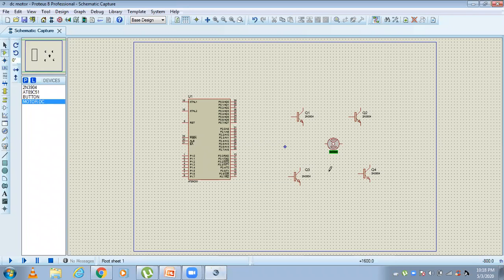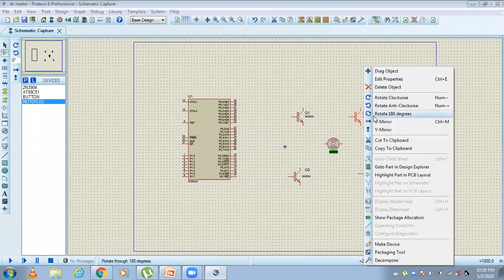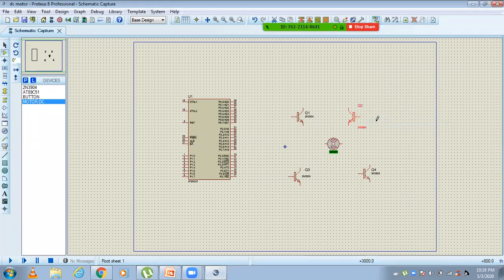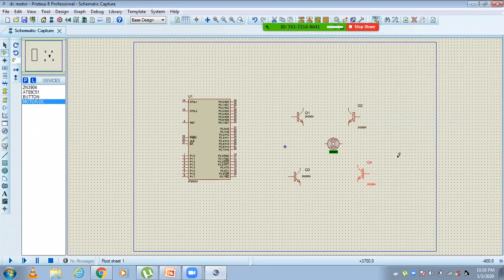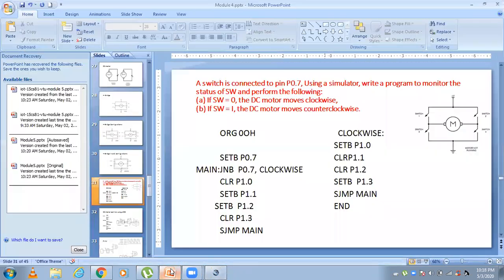Now listen here. Switch 1. See this, I will rotate it with X mirror so that I get it like this. Similarly here also, rotating X, that means X mirror. These two will be connected, and this will be connected to the plus 12 volt supply, according to the circuit diagram in the slide.